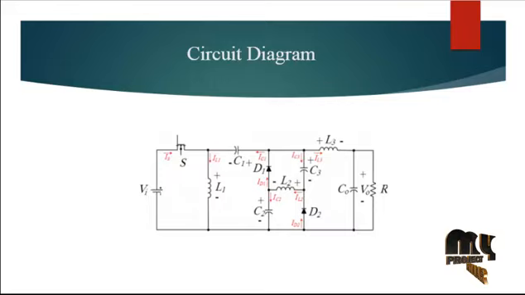Next we are going to discuss the circuit diagram of our product. This is our Zeta converter circuit diagram and its elements. First we look at the input. Here we give a DC voltage source, and some amount of voltage is applied. For example, the input may be 36 or 40 volts or 200 something.